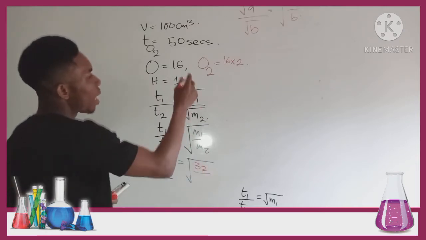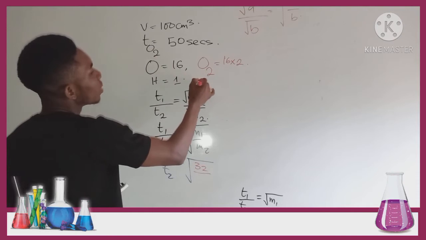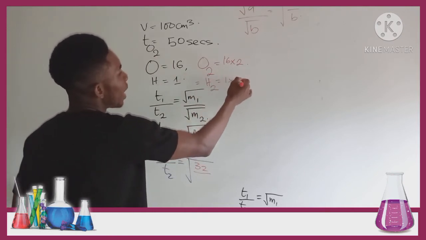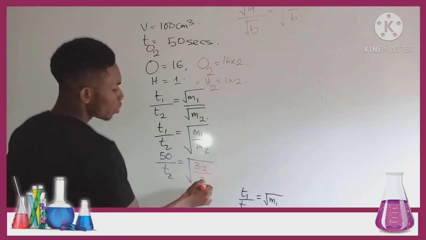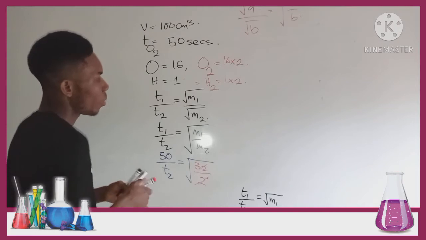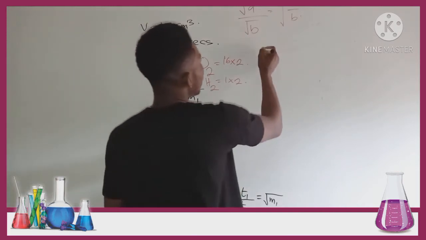32 over the molar mass of hydrogen is 1. But for hydrogen gas, you have it as H2, so which is 1 times 2. The molar mass will be 2. Now, this cancels this. What are you going to get? You are going to get 50